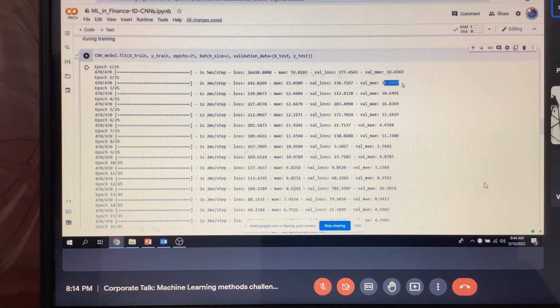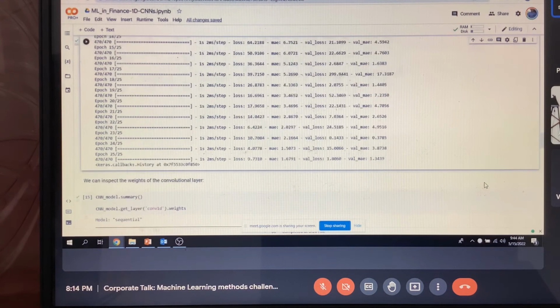Now in the next case, it learned and decreased the error to 11. In the third epoch, or the third pass of the whole data, it decreased to 10. But in the fourth one, the error increased to 16. And the next one, it fell down. And then it fell down. Again increased and fell down. But if you look carefully, initially it was 16, but over time it came down to just 1.